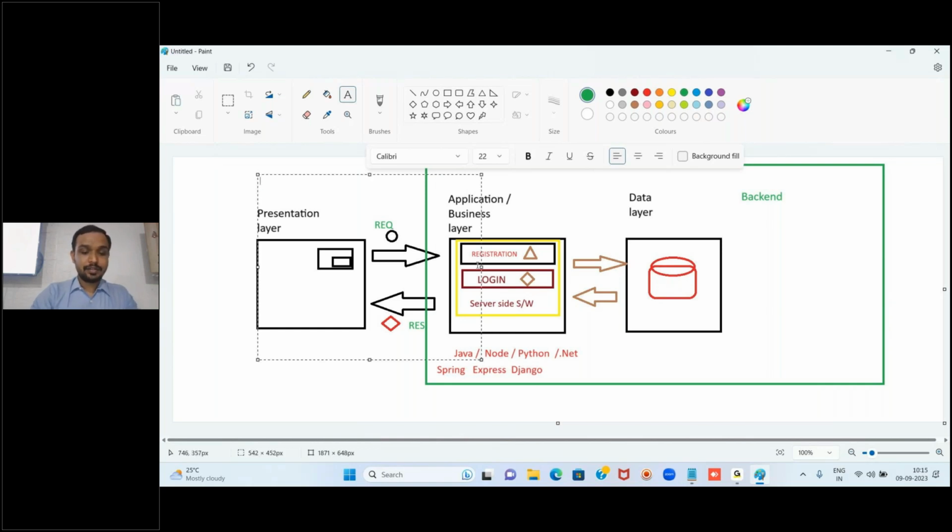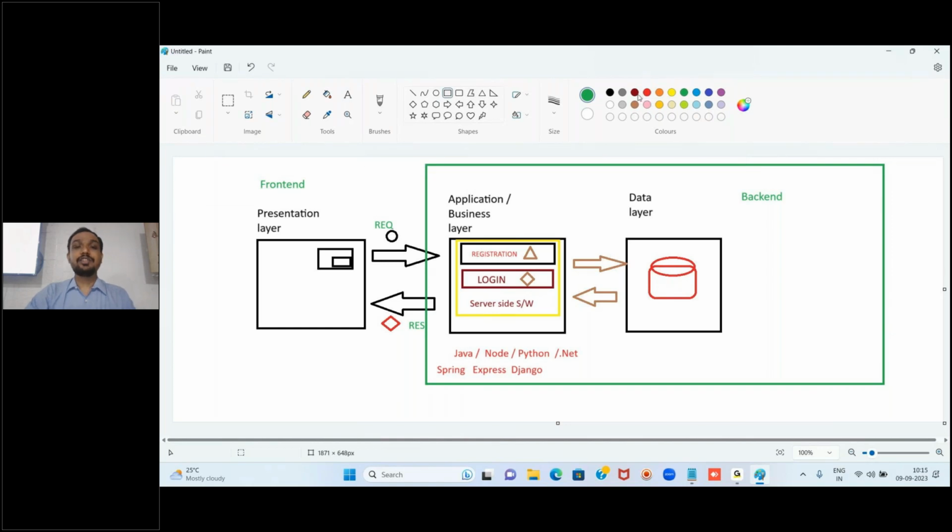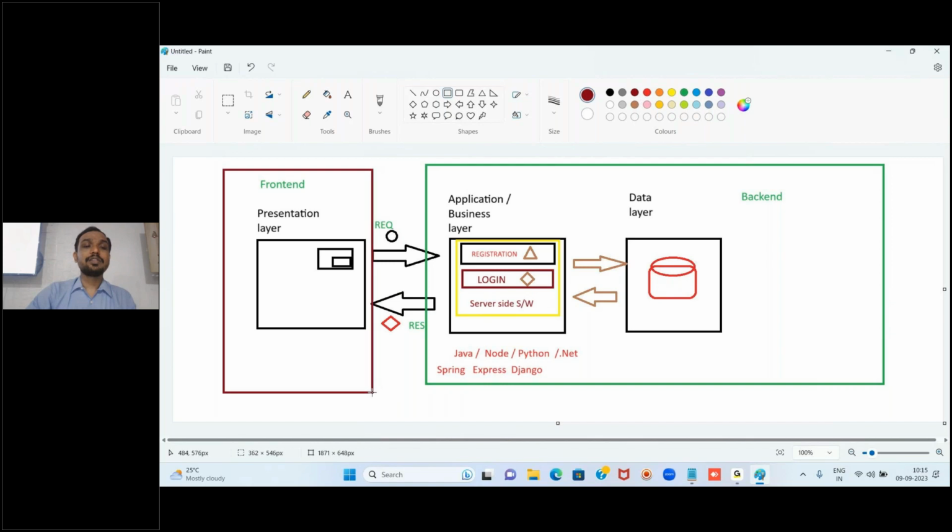What do you call it? Front end. And for the back end you are writing the main logics, and for the front end what we have to do is the designing part, like the website has to be created. If we want to create a website, what is the actual website content? Gmail home page, login page, sign up page, different pages. You take any example, different pages will be there.